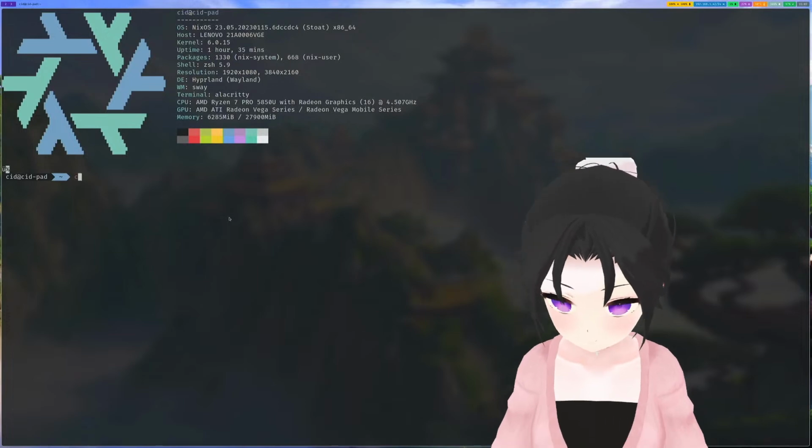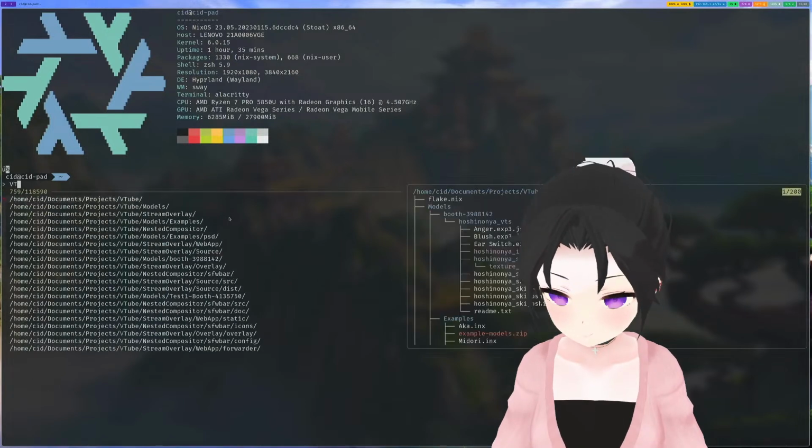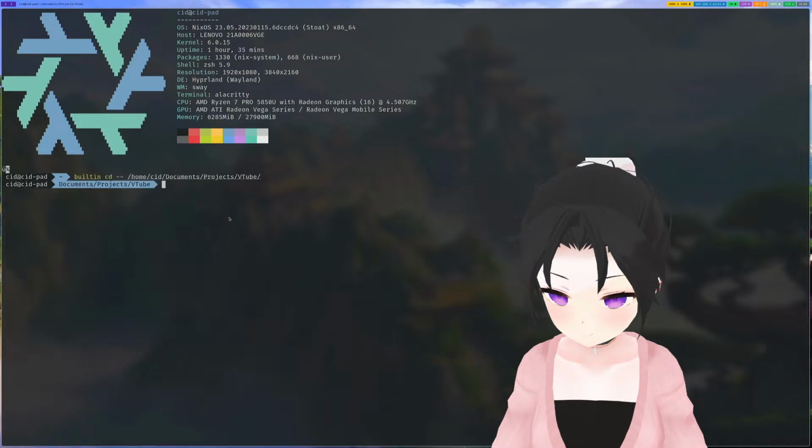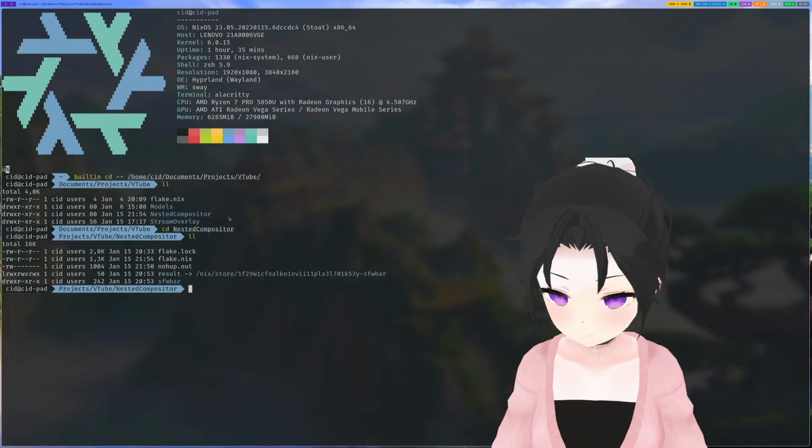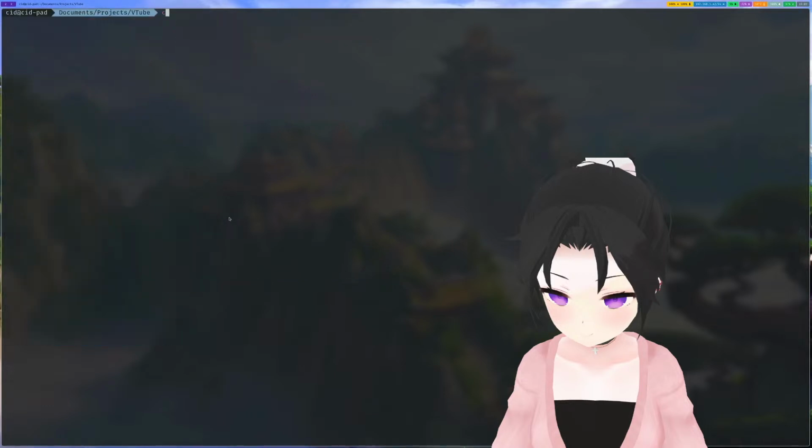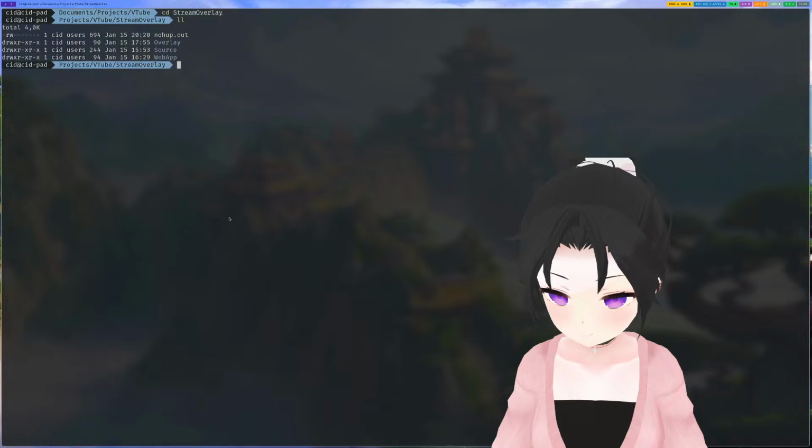So let's make a new project. Let's make it a Rust app, because I always wanted to learn Rust. I know it's a bad idea to try two things out at once, but I think